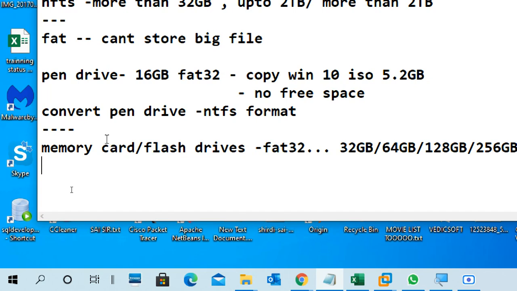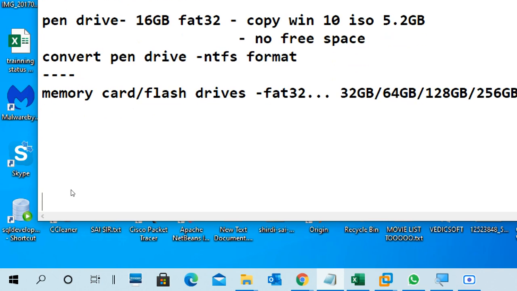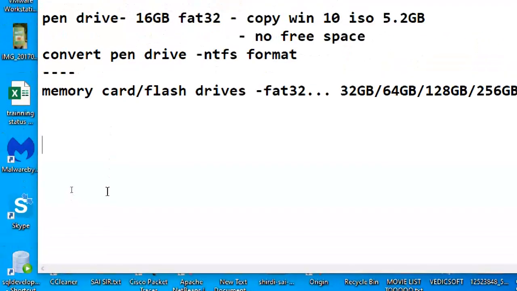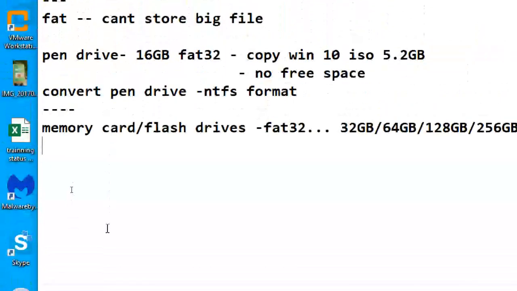Second one is, memory card sizes are very big now, because everything we put in a memory card only, right? Your pictures, videos, music files, everything, and the memory card is FAT32. And video sizes nowadays are also very big, right?